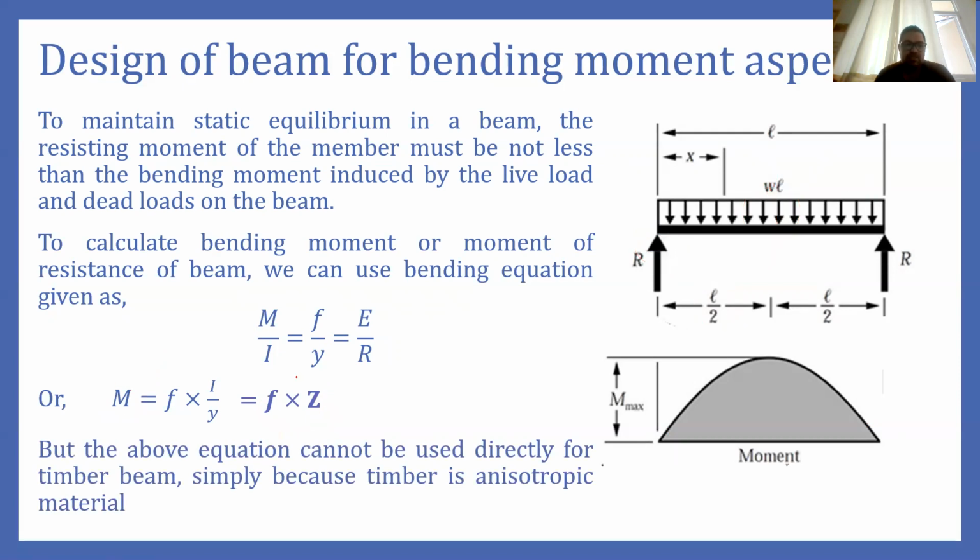But there is a catch. This equation cannot be used in case of a timber beam. Now, why? Because in the second lecture, we discussed the assumptions that we generally consider in the derivation of this equation. And in those assumptions, one assumption was that the material is assumed to be isotropic. So to use this equation, the material should be isotropic. But we know that timber is highly anisotropic, and therefore this equation cannot be used directly. So we have to do some modification.